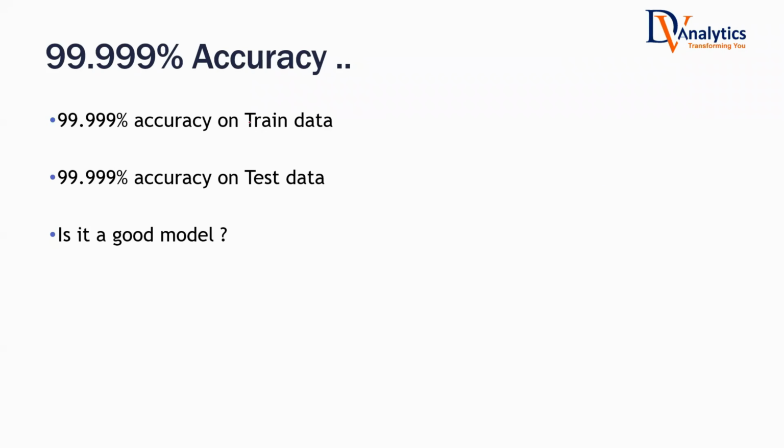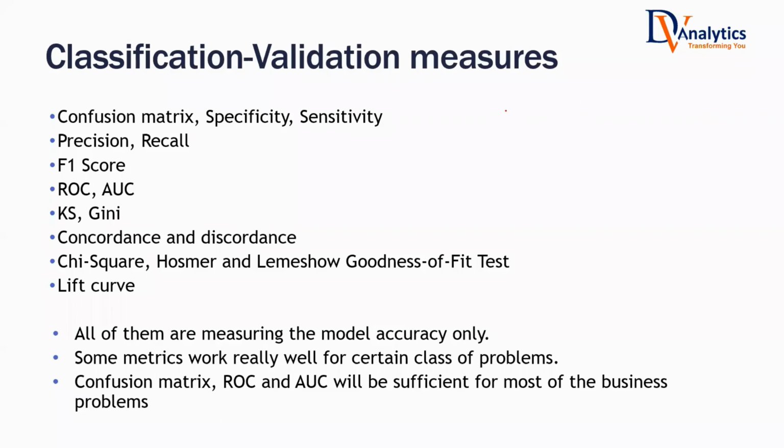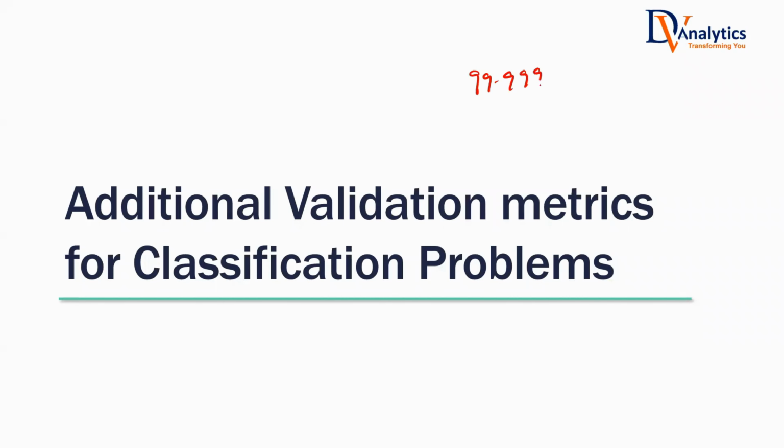Imagine you have a model that is 99.999% accurate. Are you going to approve that model? Are you going to deploy that model? Is that a good model to you? If you have a model that is 99.999% accurate, is that a good model? Maybe. There is one small problem. Sometimes if the model is showing you this much high accuracy, immediately something should pop up in your mind. It may be a case of